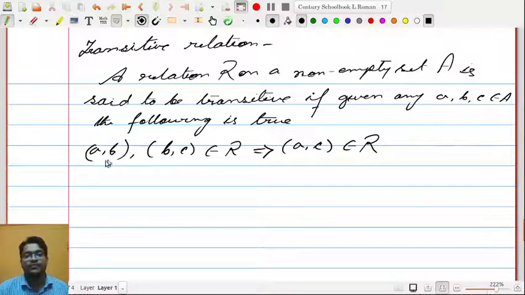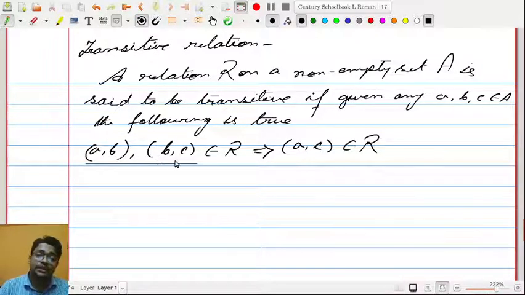Whenever A and B are related and B and C are related, then A and C should be related. It may happen that A and B are not related, so in that case we don't have to worry. But whenever A and B and B and C are related, then A and C have to be related. So for example,